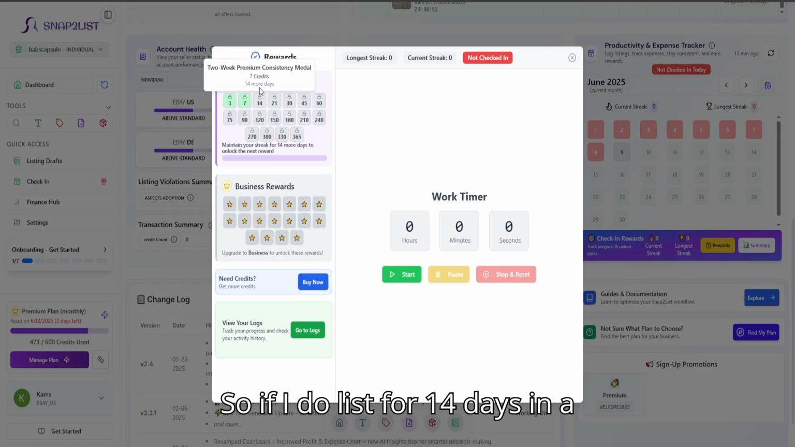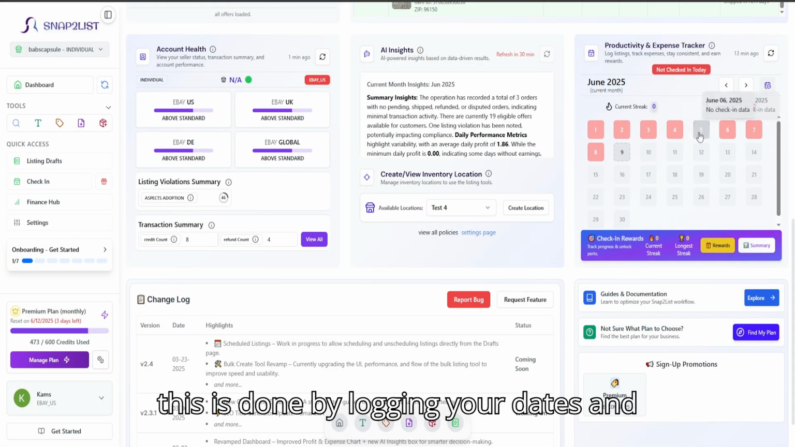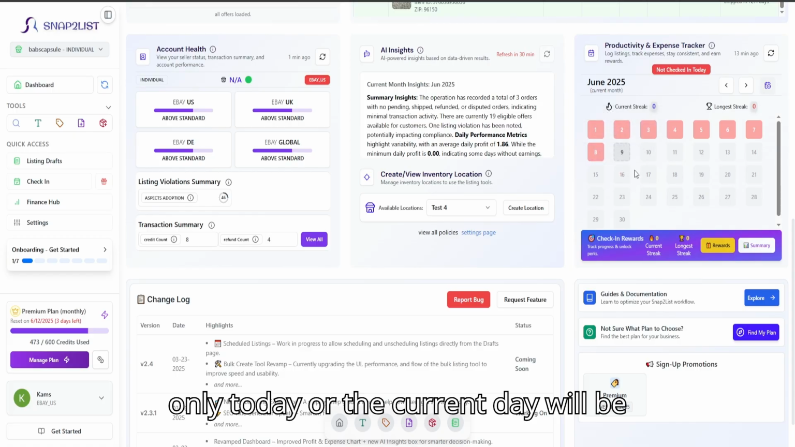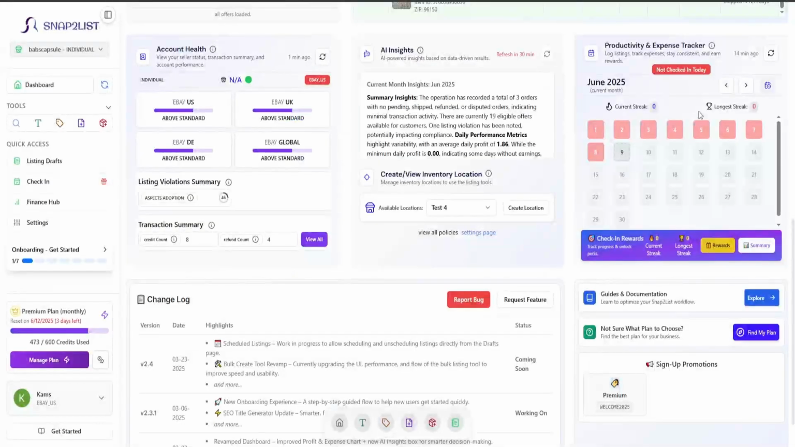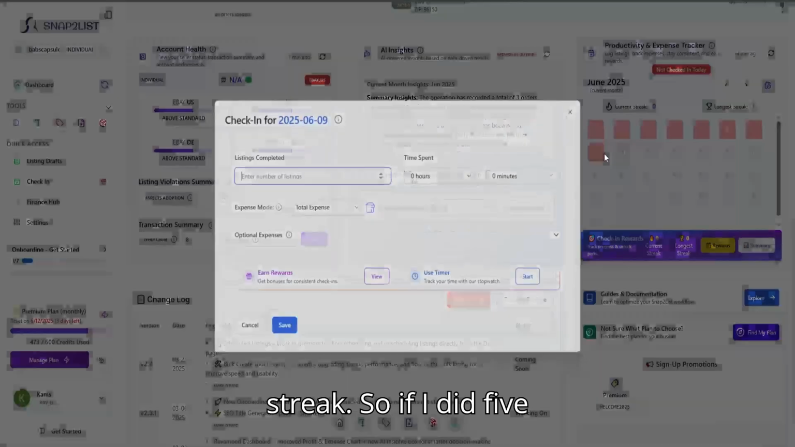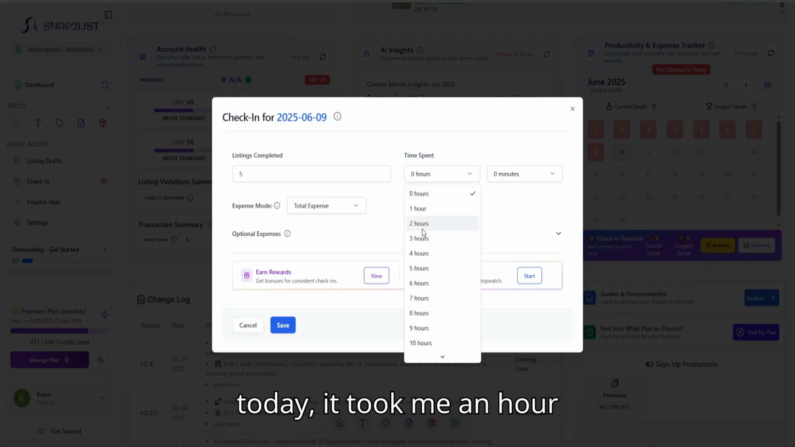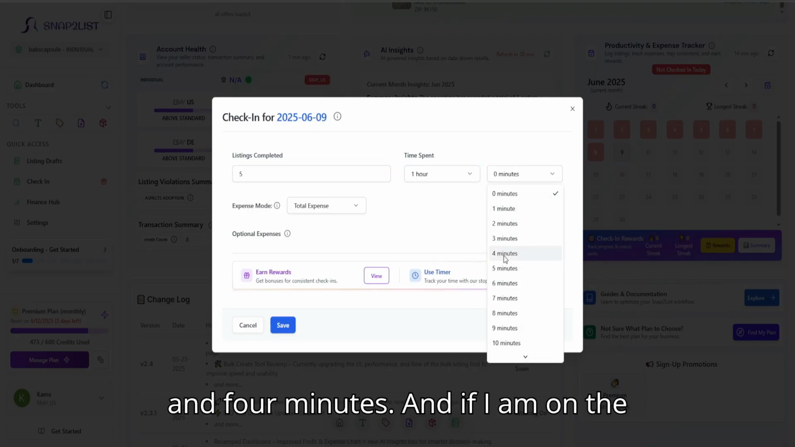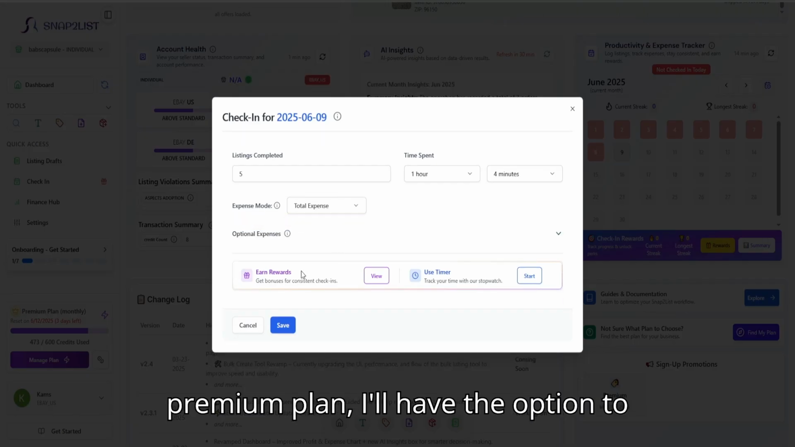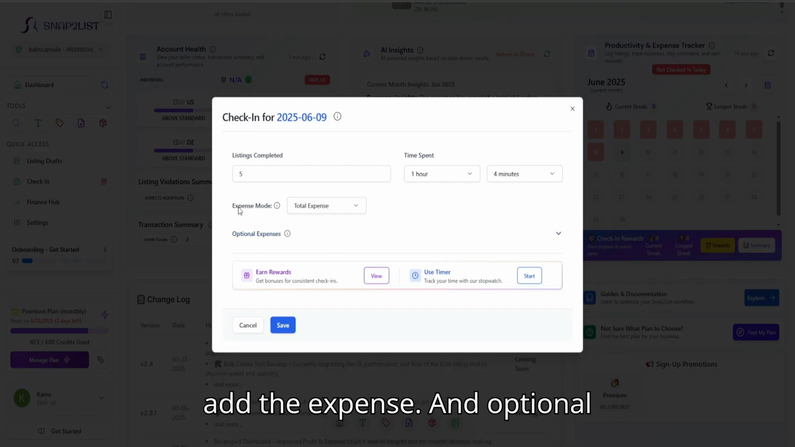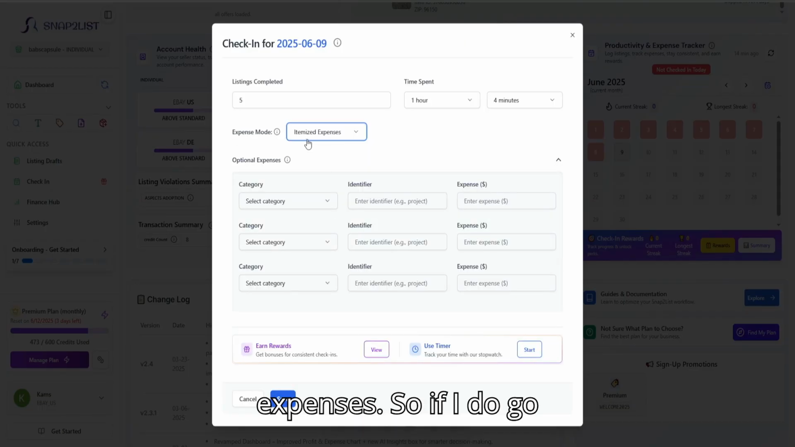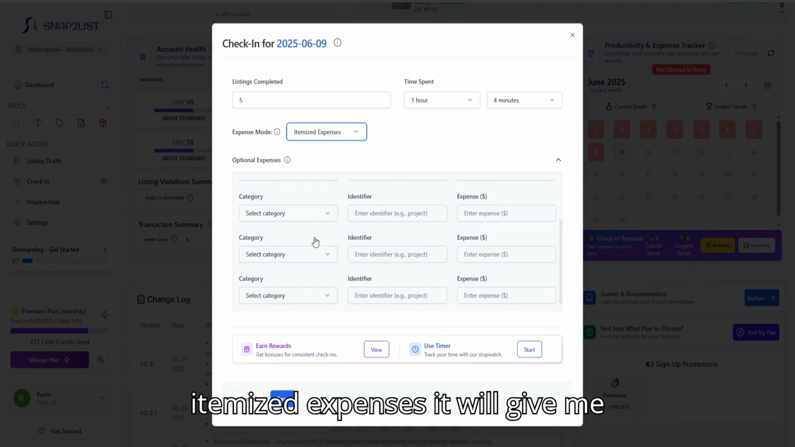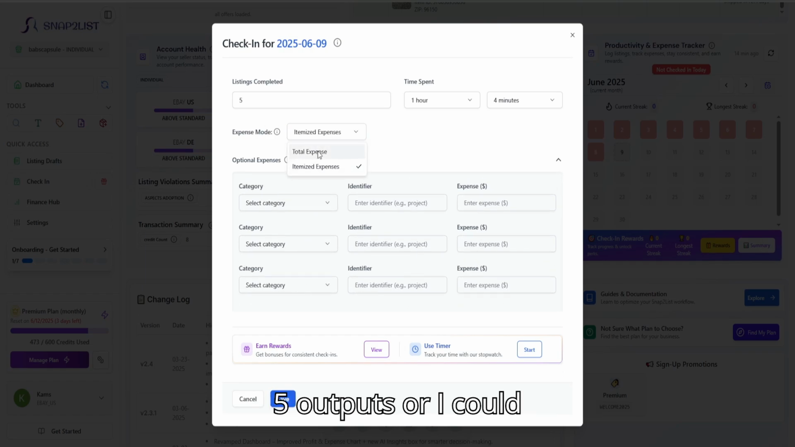So if I list for 14 days in a row, I'll get 7 credits. And this is done by logging your dates, and only today or the current day will be saved as a streak. And the rewards are based on the longest streak. So if I did 5 today, it took me an hour and 4 minutes. And if I am on the premium plan, I'll have the option to add the expense and optional expenses. So if I go itemized expenses, it will give me 5 outputs,